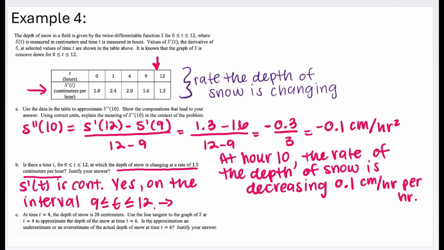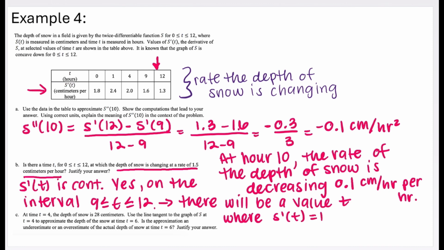There will be a value t where S prime of t equals 1.5 by the